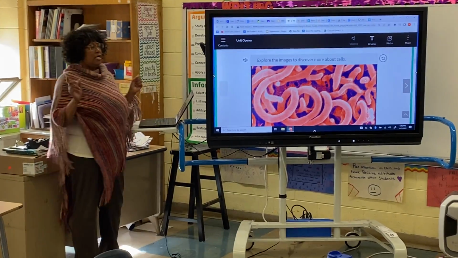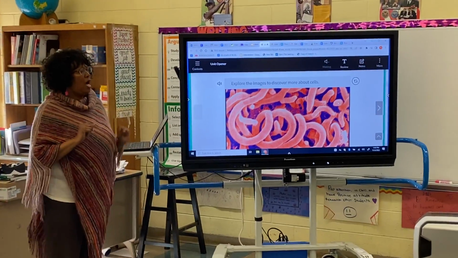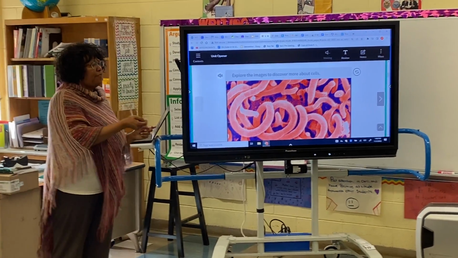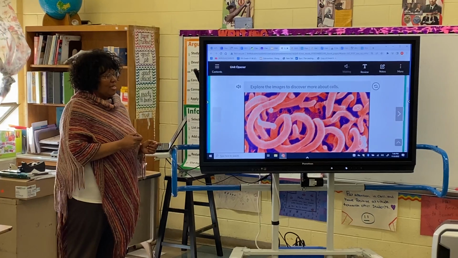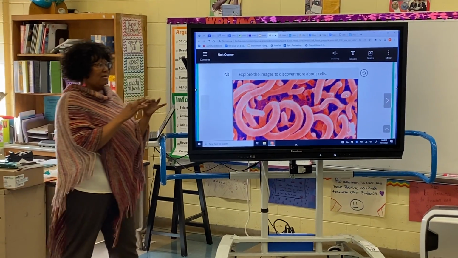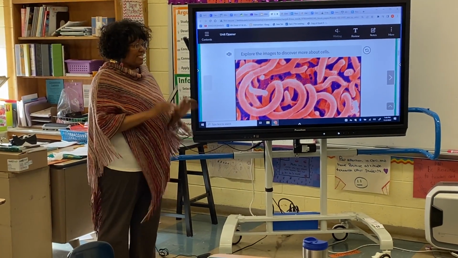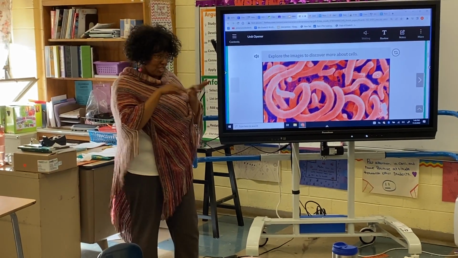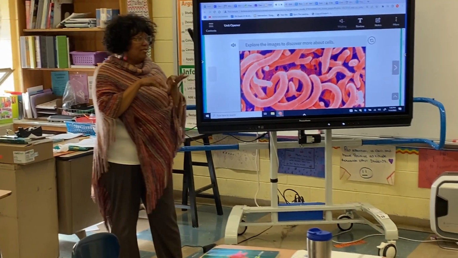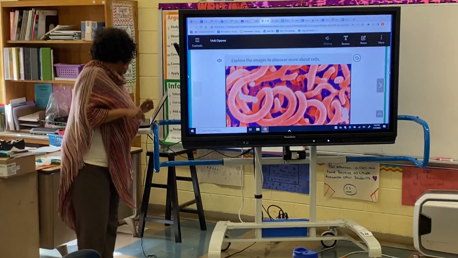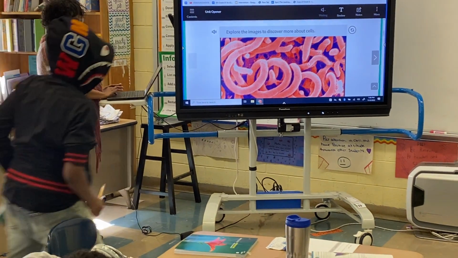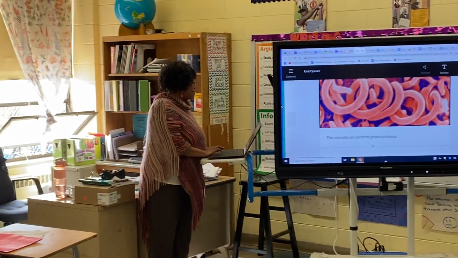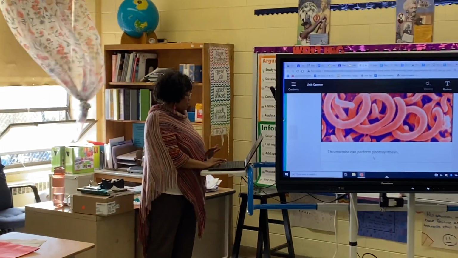You'd be surprised. I would like to take a Q-tip swab and take a sample of like your cell phone and put it on a slide and look at it under the microscope. You will see all types of little things moving around. Okay? So this is what you will see, because it's microscopic. So this right here is a microbe that can perform photosynthesis.